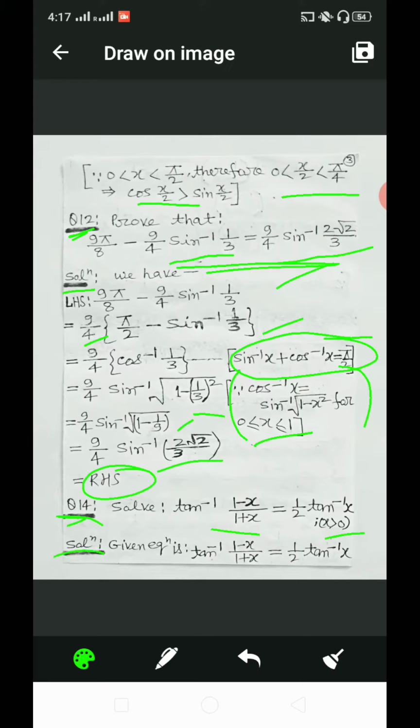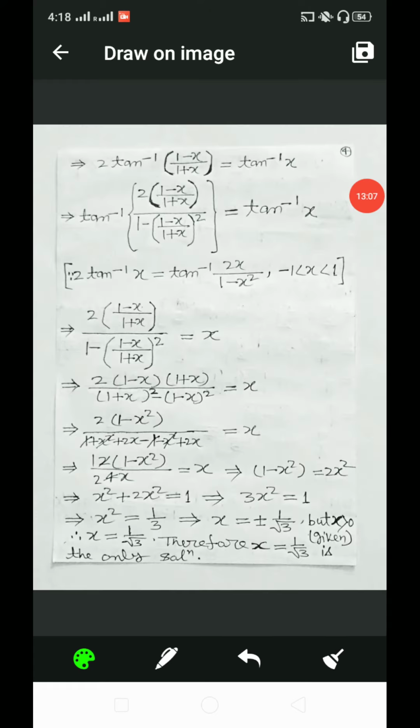For solution, it is given that tan inverse 1 minus x by 1 plus x equal to 1 by 2 tan inverse x. After cross multiplying, we get 2 tan inverse 1 minus x by 1 plus x equal to tan inverse